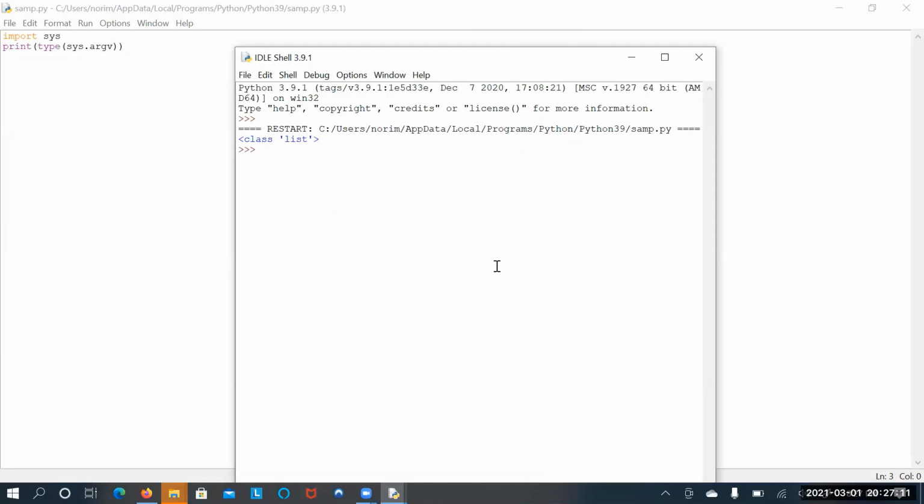Now, how to print the command line arguments? How to read the values of command line arguments and print them? Let me show.